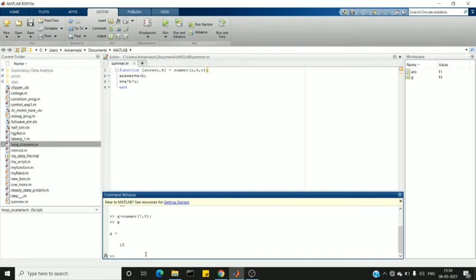I also saved my function. Now we are going to pass three input parameters and get two output parameters. Here also we have to use square brackets for output arguments: a1 comma a2, which is nothing but answer 1 and answer 2, equal to summer.